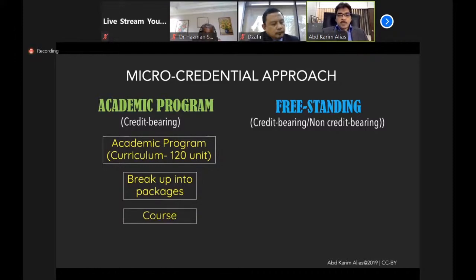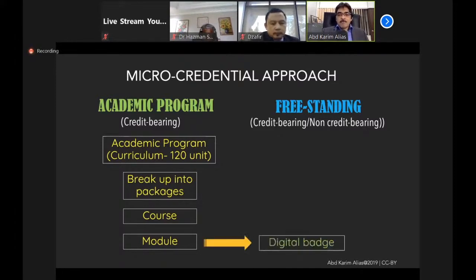And then we zoom into the course level, and this is where we can start to modularize the course into modules. And throughout this process, we have to keep in mind that the modularization step should always align with the program outcome. And we will address all the points in the quality assurance that Prof. Hasman has shown just now, always keeping in mind the quality, everything is not compromised.